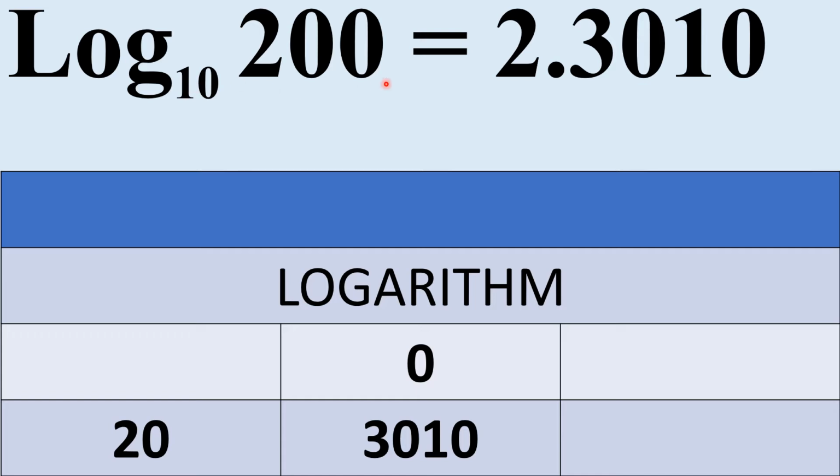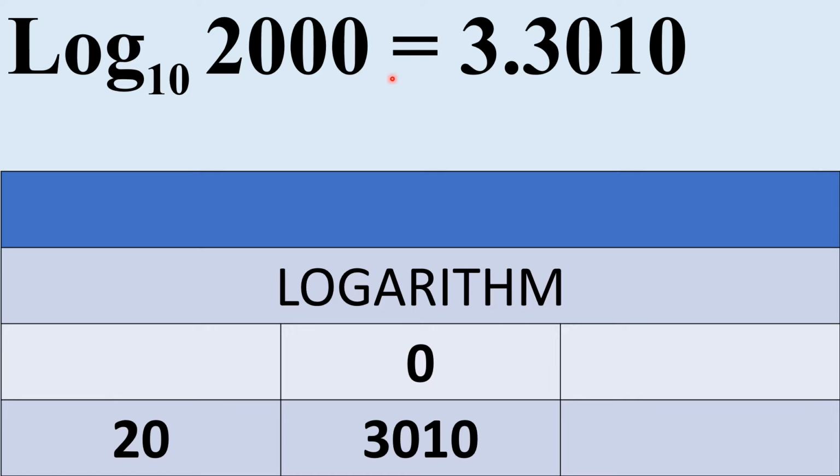Value of log 200 is 2.3010. After 200 decimal is there, and on the left hand side of the decimal 3 digits are there. From that 3 you have to subtract 1. So whatever the number of digits are there on the left hand side of the decimal, from that you have to subtract 1 to find out the characteristic. So here 3 digits are there, from that we subtract 1, so we get 2. So 2 is the characteristic. And how to write this mantissa? In front of 20 under the column 0 in the logbook, you will get 3010. So this 3010 you have to write as the mantissa. Thus value of log 200 is 2.3010.